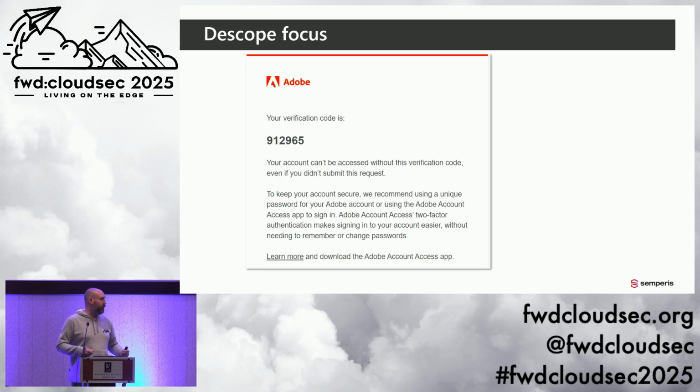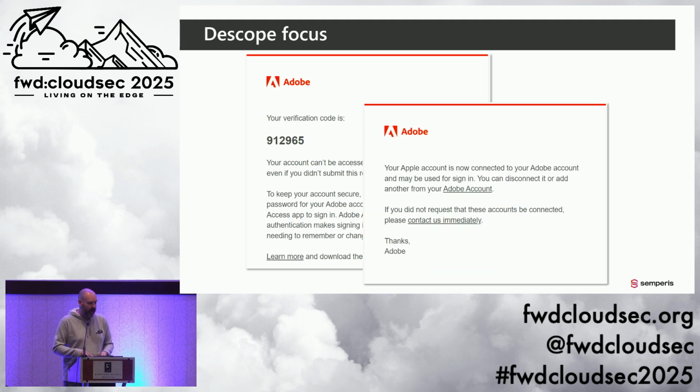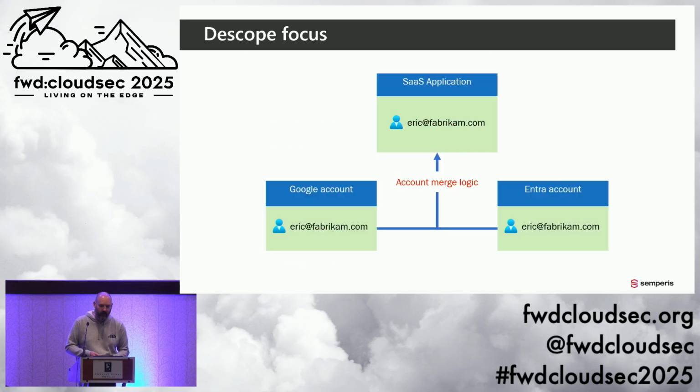So the flow that they're looking at is generally when you try these account merge things, say I'm signing in with Microsoft for the first time, you go through an OTP or a magic link process, where you have to fill out something to verify you actually own that email address. And then we usually email you as well saying, hey, just to let you know, we combined these two accounts. Let us know if that's not the case. But effectively their thing was finding where this logic was flawed. By flawed, it was usually just missing, right? So they would just merge accounts and then Mr. or Mrs. Bad Guy could just get into that account.